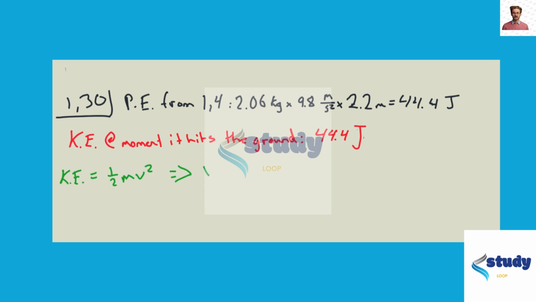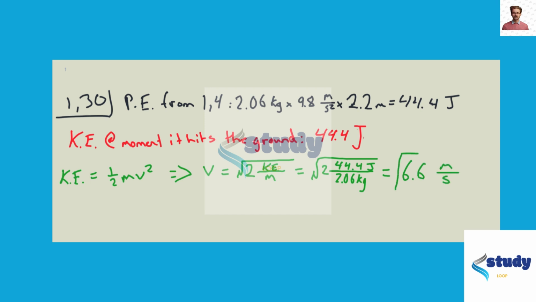We get velocity is equal to the square root of 2 times kinetic energy over the mass, which is equal to the square root of 2 times 44.4 joules divided by 2.06 kilograms. And if we do this calculation here, we get 6.6 meters per second as our